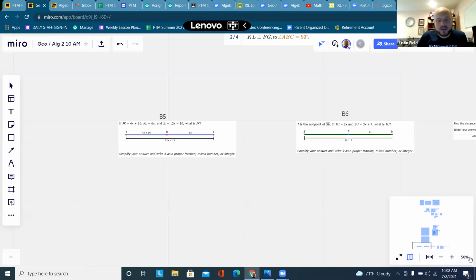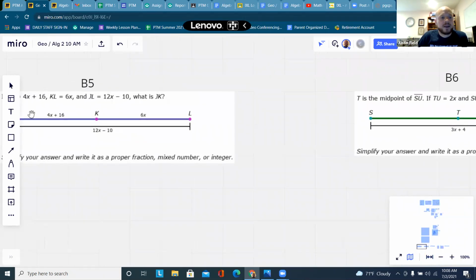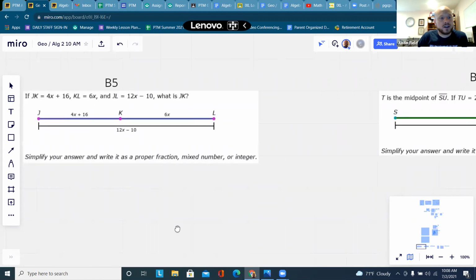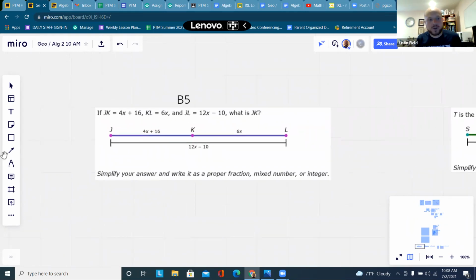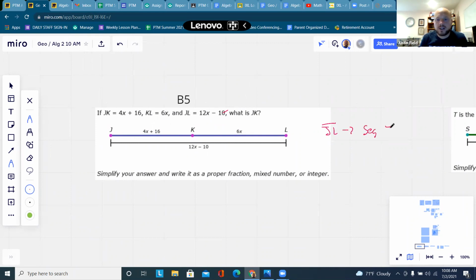Okay, so let's go. First thing we're going to talk about is the segment addition postulate. On Thursday in week 2, we talked a little bit about adding angles together. We'll talk about that again, but in geometry, you can also add segments together. So this is segment JL, as we talked about. I would write it like that. When you just write the 2 letters next to each other, this is the measure or length